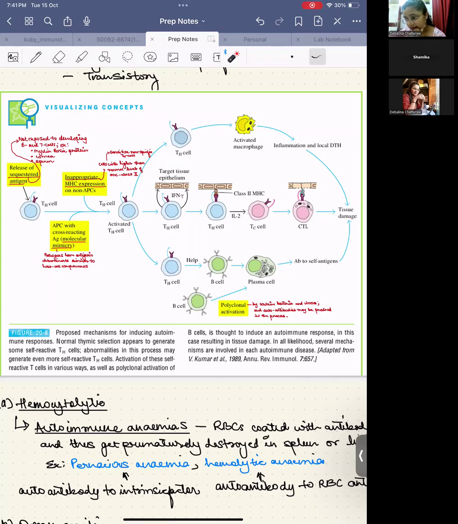Now, these sequestered antigens, despite being my own, if because of some sort of damage, maybe there is some damage in the brain because of a head injury or something like that, and we have the blood reaching inside your brain tissue. Now, if the blood reaches the brain tissue, along with the blood we will have all the immunological cells reaching the brain tissue, and it is going to recognize the